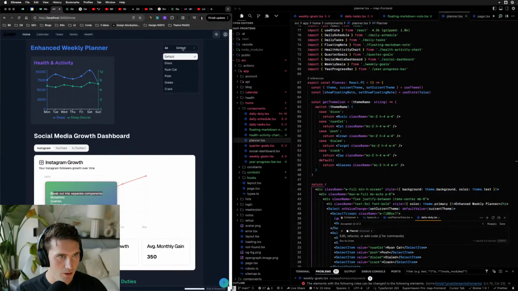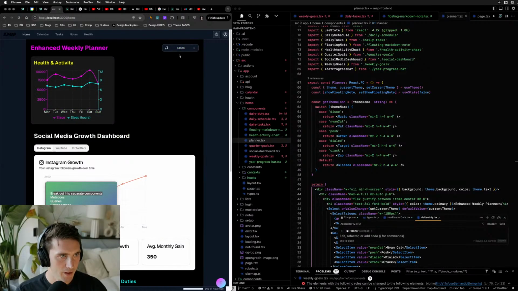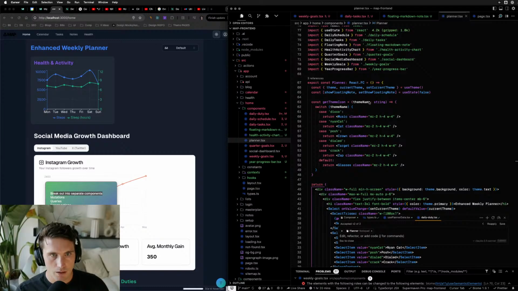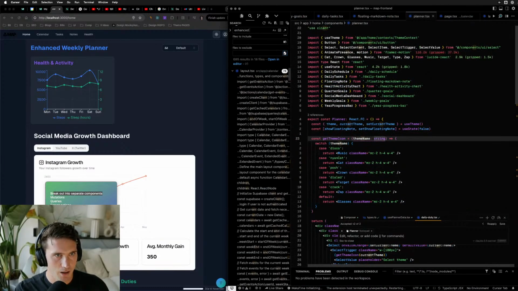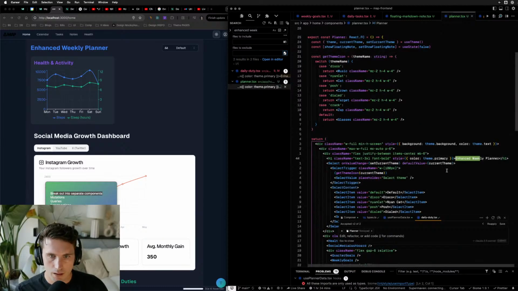Do we have themes? Yeah. Themes look like they apply. Cool. And they only apply within this thing. Cool. We don't want it to say enhanced weekly planner because who the hell wants that? That's there. We don't need a title. Or do we? Actually,